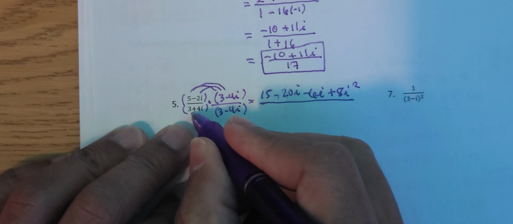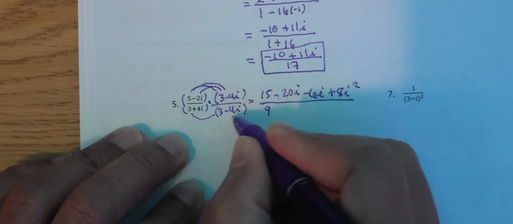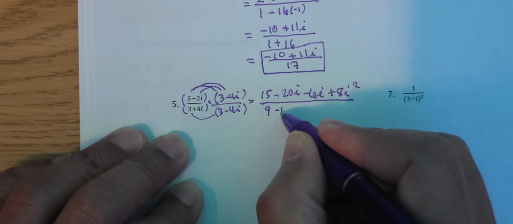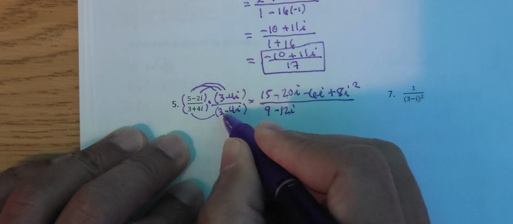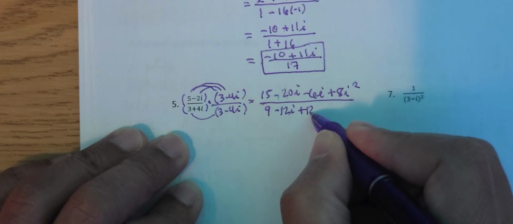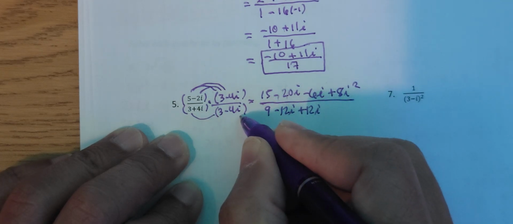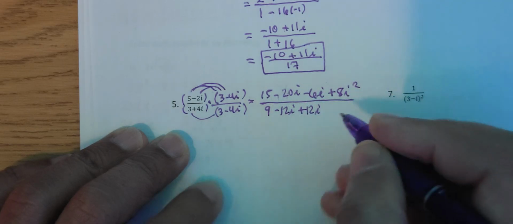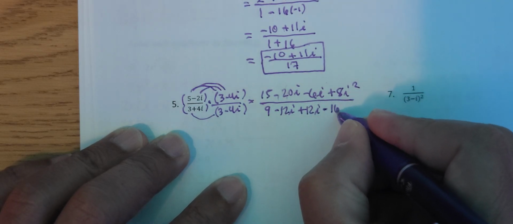Denominator, so then 3 times 3, that's 9. 3 times negative 4i, that's negative 12i. And 4 times 3i, that's plus 12i. And then 4 times 4 is 16, but negative times positive is negative, so negative 16, and i times i